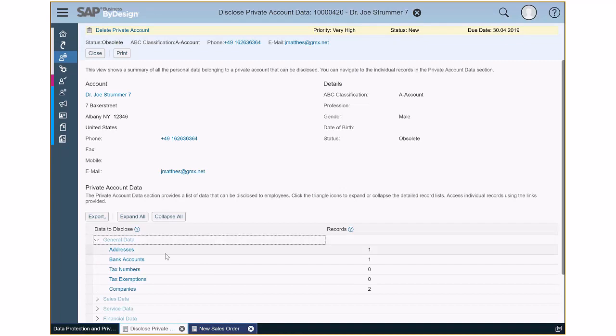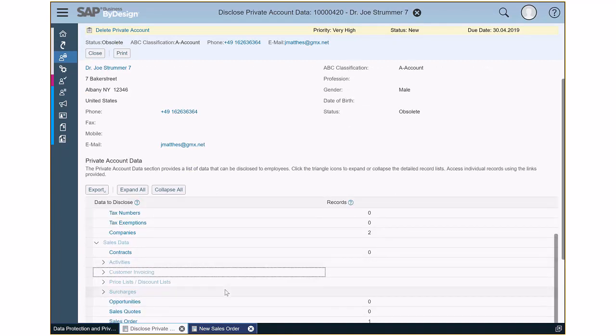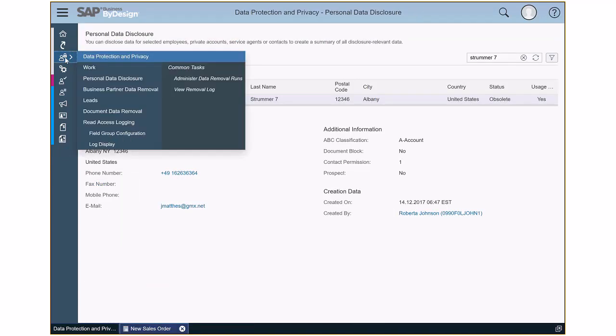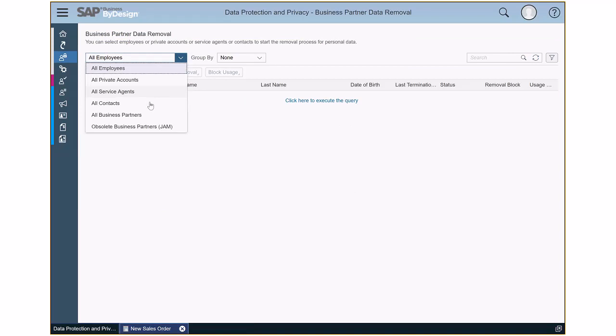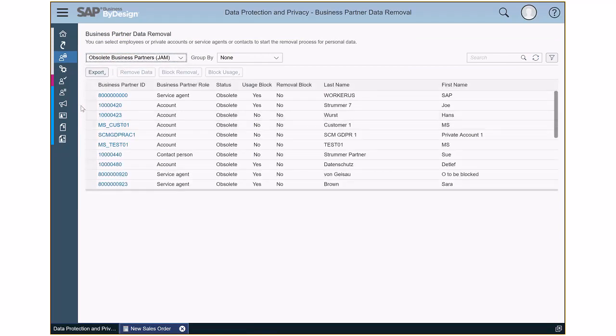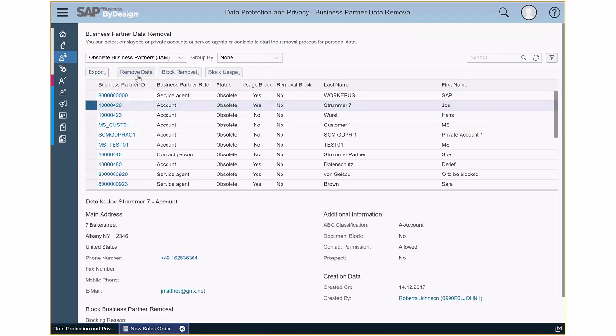You see it's one address, one bank account, and it's assigned to 2 companies. And we also have sales data here for that customer. You see there is 1 sales order available. So that might then be used as basis for my decision to delete that natural person. And the deletion is very simple. I go into the business partner data removal view and then again search for those obsolete business partners. And here I find Strummer number 7. And then I can remove data